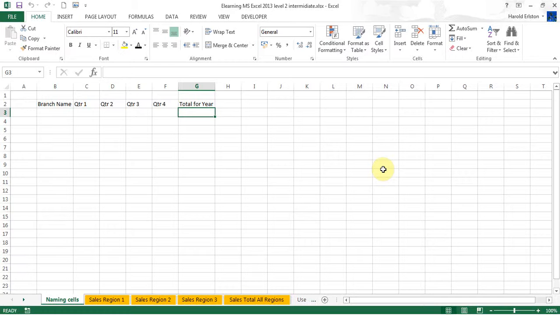There are certain things that you need to remember when defining names for a cell or range. Names must begin with a letter or an underscore. It cannot include spaces and cannot match a cell address. As an example, if I want to name cell C3